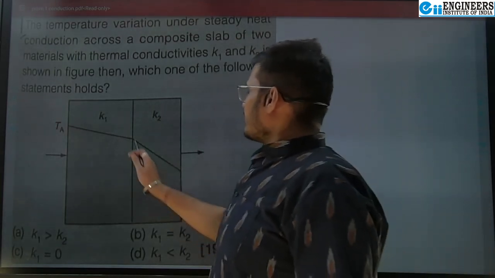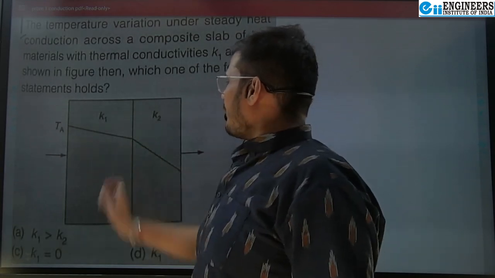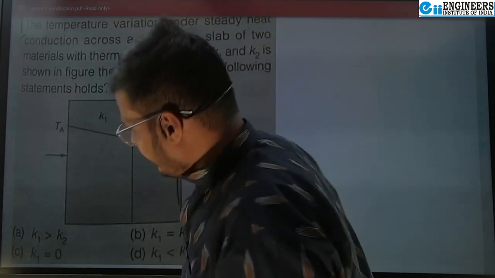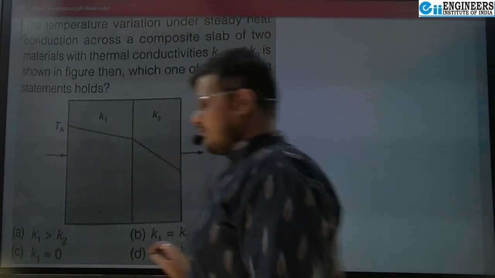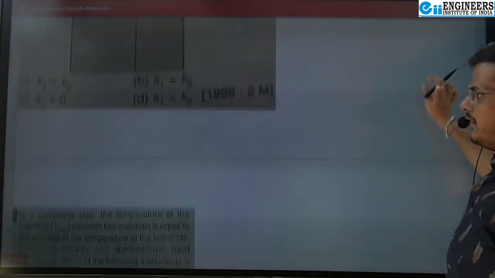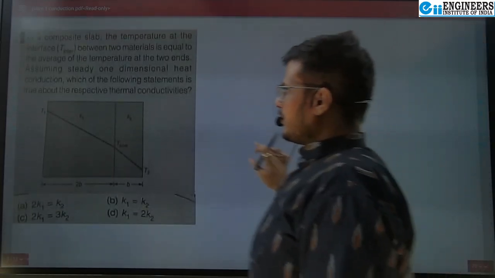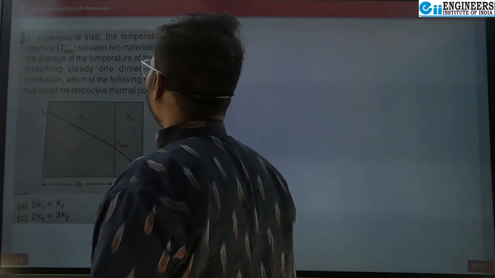So here the slope is higher for this K2 as compared to K1, isn't it? That means K1 is greater than K2. The first case, K1 is greater than K2. Now we will be moving on to another problem, and the problem states that in a composite slab, the temperature